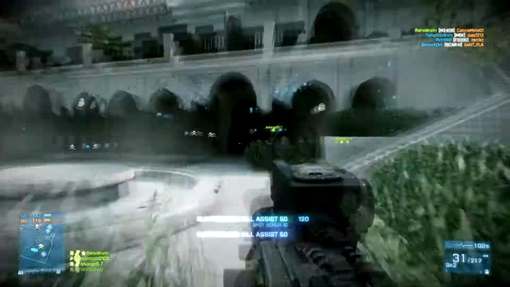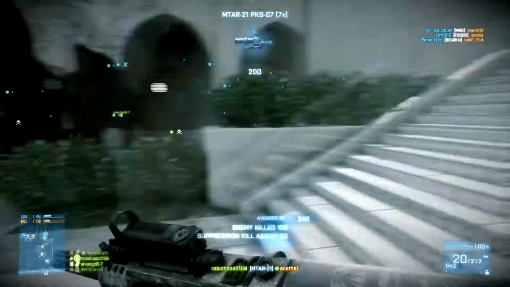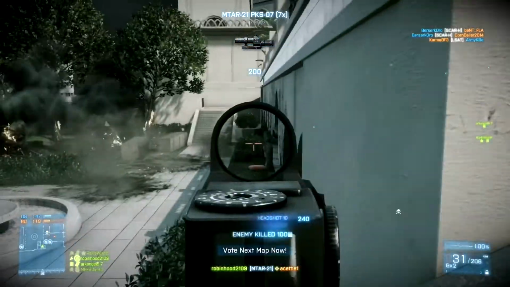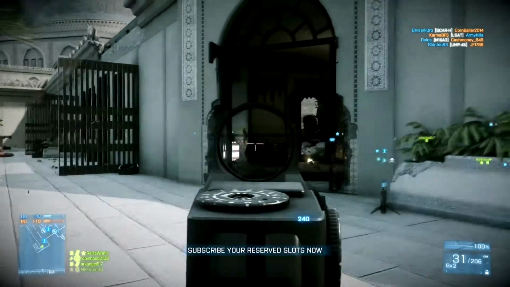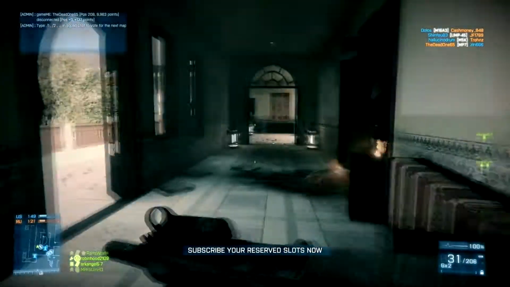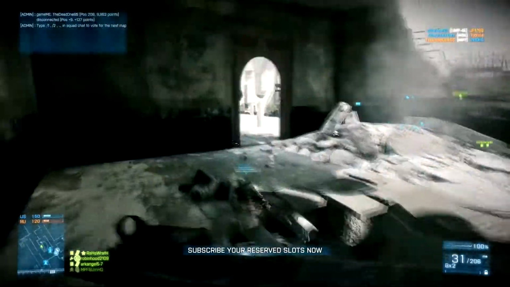I was pretty much just wanting to do some close quarters combat after playing an hour or two of Armored Kill, and I figured why not use a gun that I don't normally use, because generally I am playing those larger maps. So the MTAR has the fastest rate of fire of any of the engineer kit weapons,